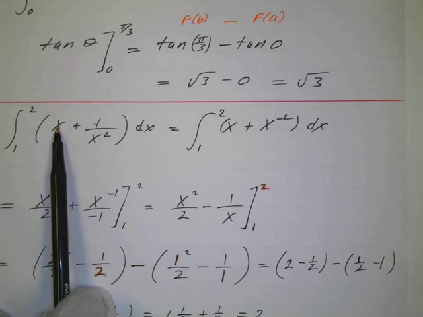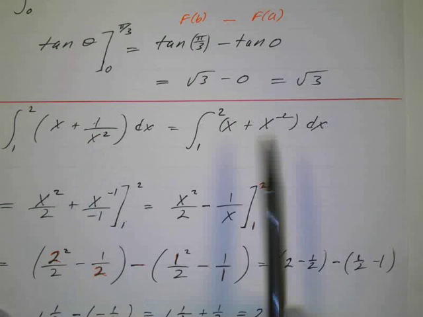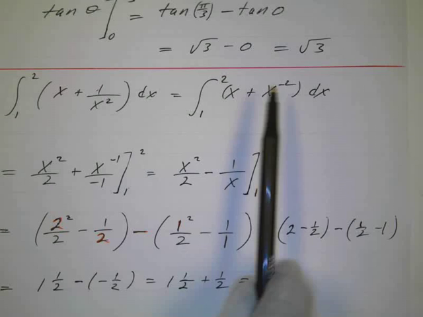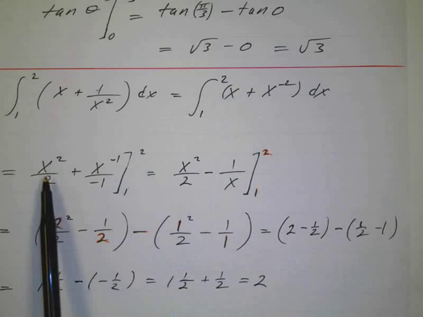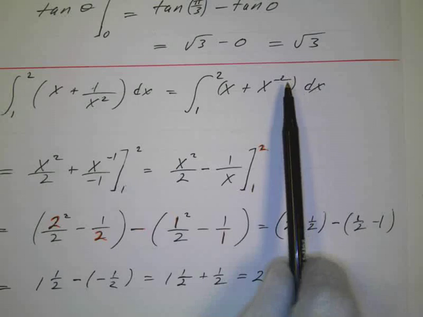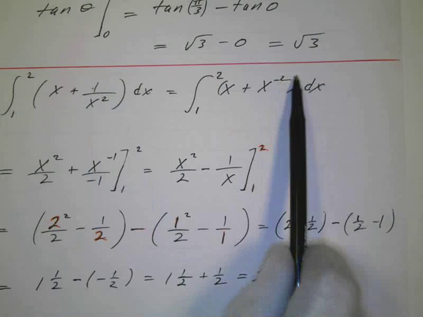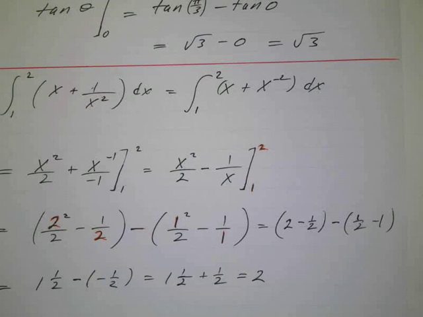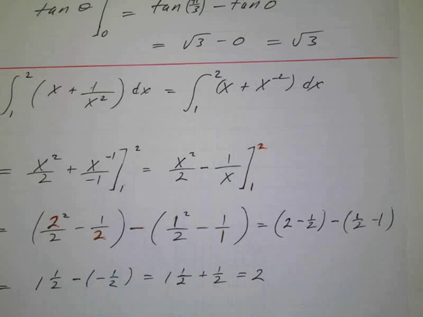We could just write this as x to the negative 2. So take the antiderivative of this just by using our power rule. Add 1 to 1, we get 2, divided by 2. And like I said, I just move this up to the top, and then I can add 1 to that, which is negative 1 divided by negative 1. And I'm going to evaluate that from 1 to 2 using the fundamental theorem of